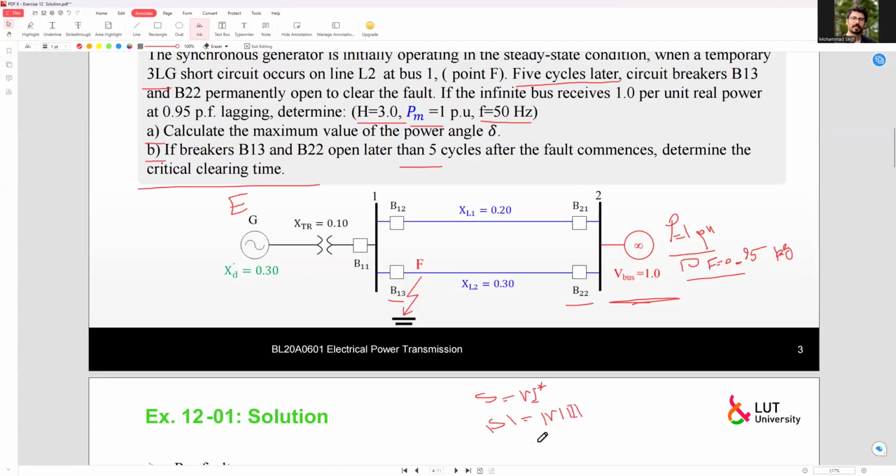Then I would be, and you may know that S is equal to P with the power factor, right? So then we would have